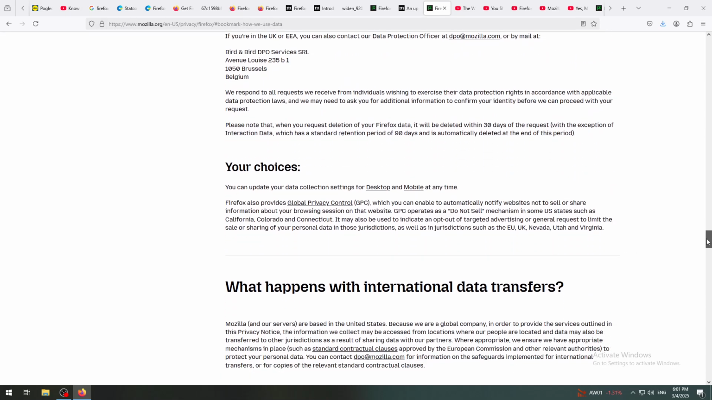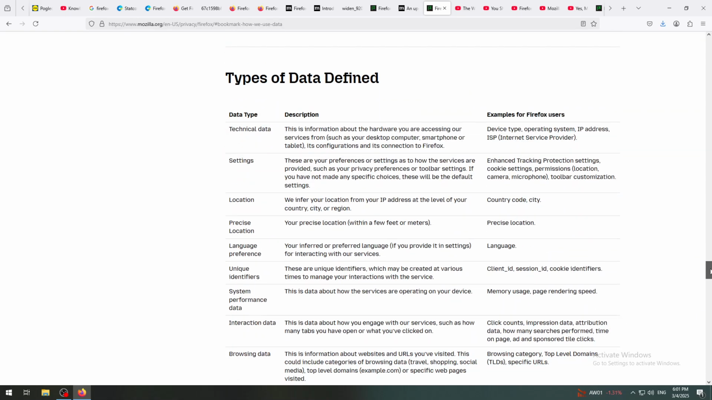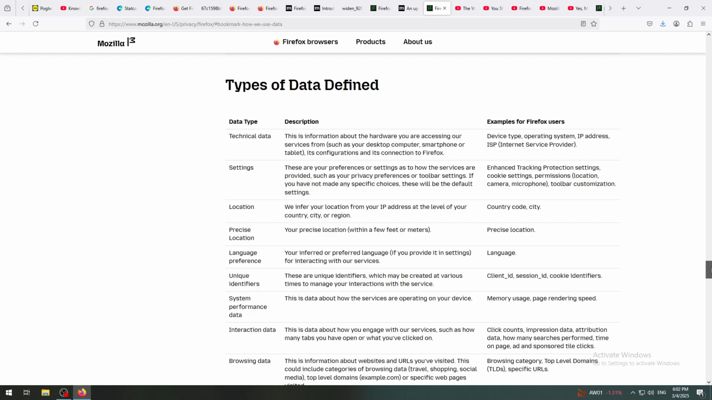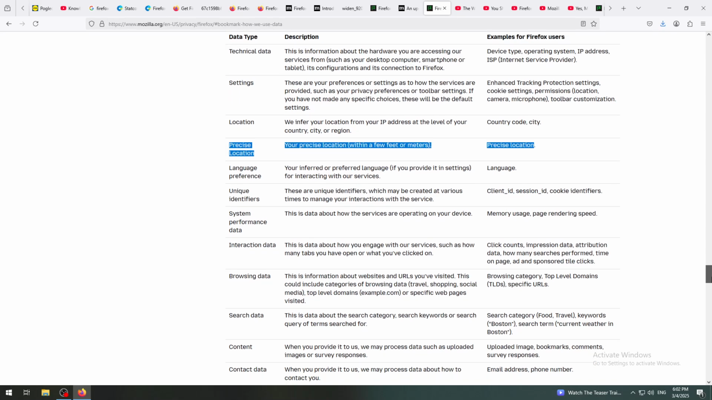And you have some kind of choices, and so on. So yeah, and this is also very interesting: what types of data they gather and how they define it. They not only need your location from IP address and so on, but there is a precise location, within a few feet or meters. Why would anyone need my precise location, other than if I'm, I don't know, a terrorist or Osama bin Laden or whatever? Same with some